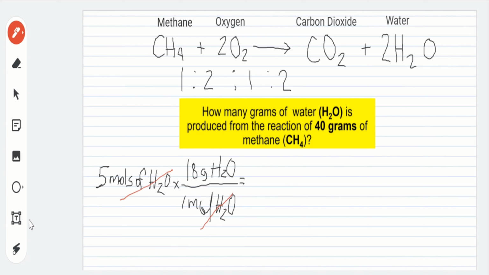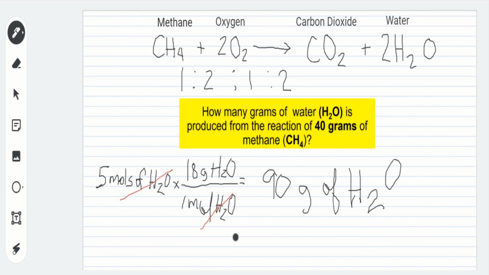So 5 times 18 divided by 1, okay, that is simply, the answer is 90 grams of water. So, ibig sabihin, ito yung dami ng water in grams na mabubuo or mapuproduce if we have 40 grams